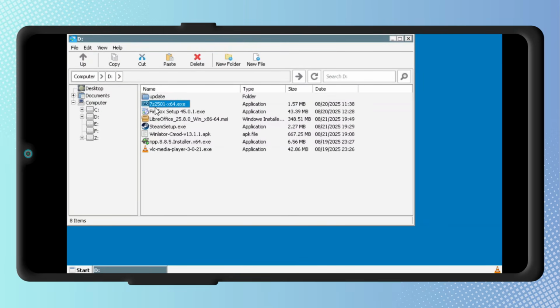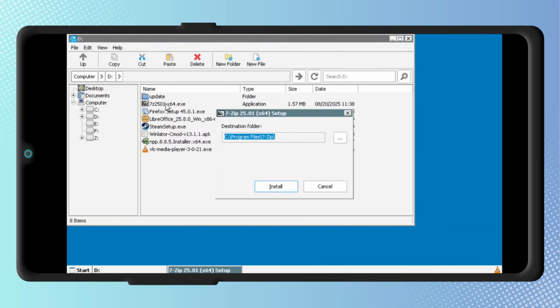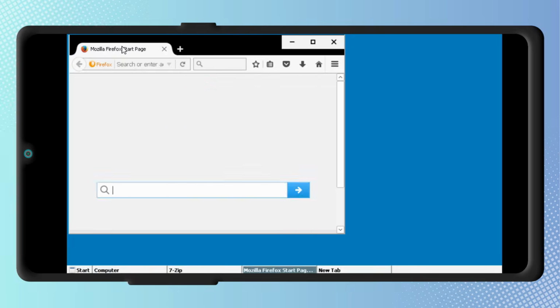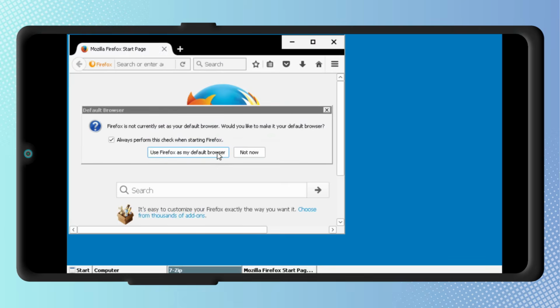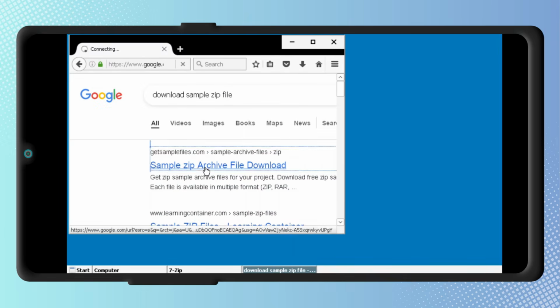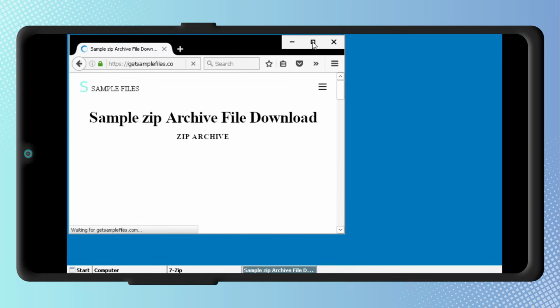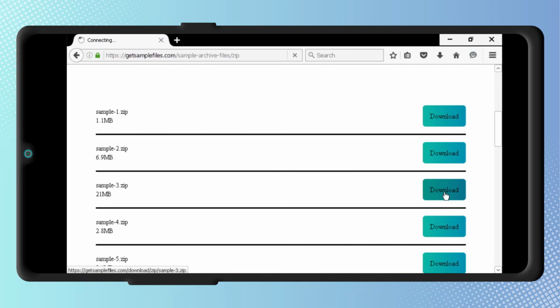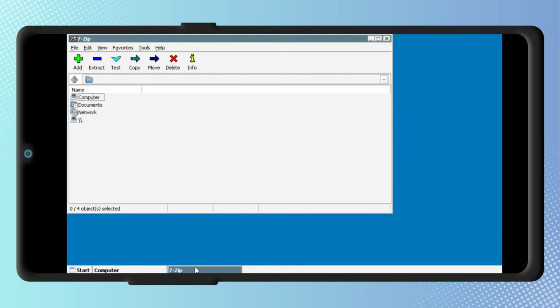To finish up, let's install 7-Zip. Once it's ready, open Firefox and download a sample zip file from the internet. After the download is complete, launch 7-Zip.